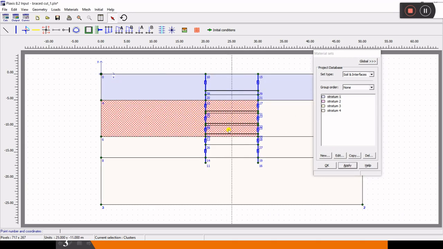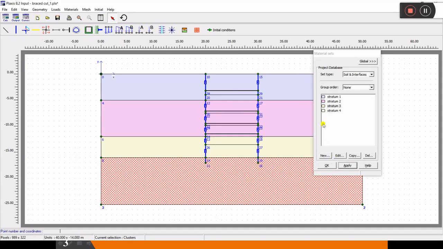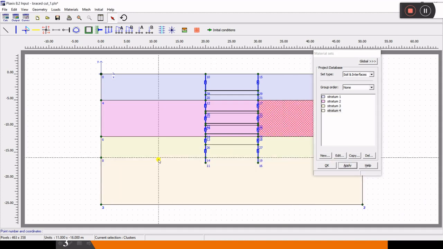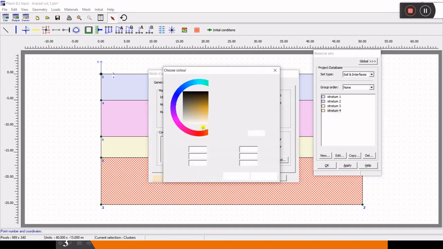Then here I'll select this area. You have to hold shift so that you can select multiple areas, and then go to stratum 2 and apply. Then stratum 3 and stratum 4. So you can see all of them. I'll change the color of this one so that it will be more clear.